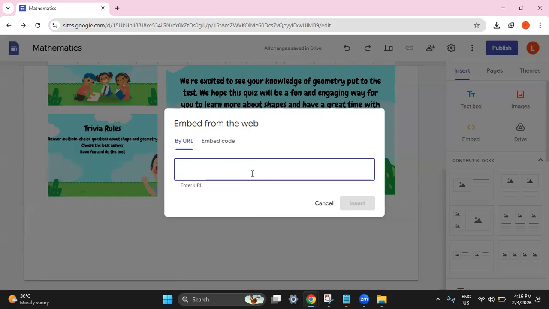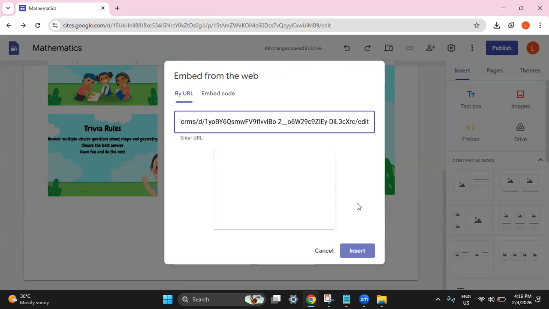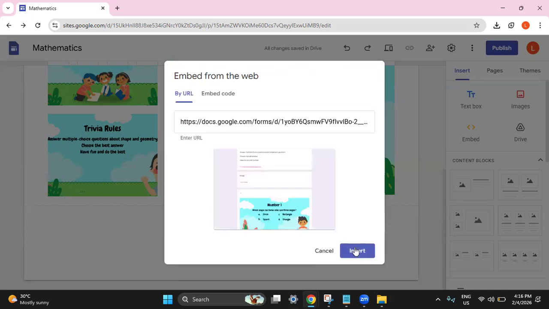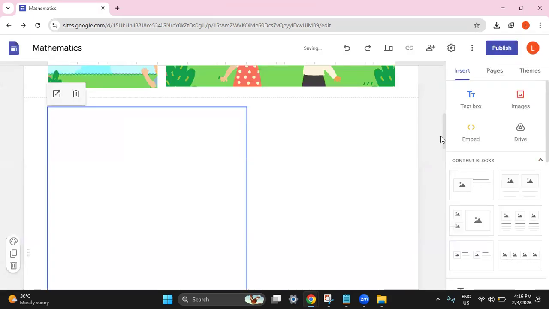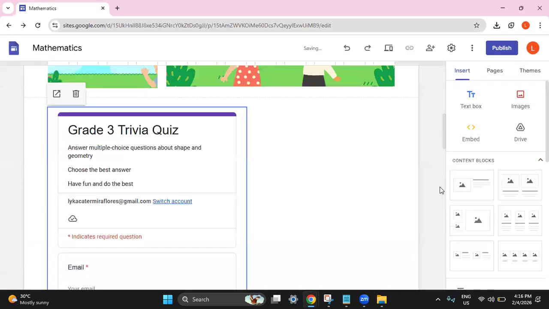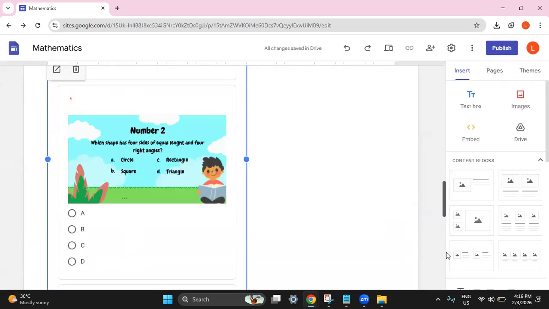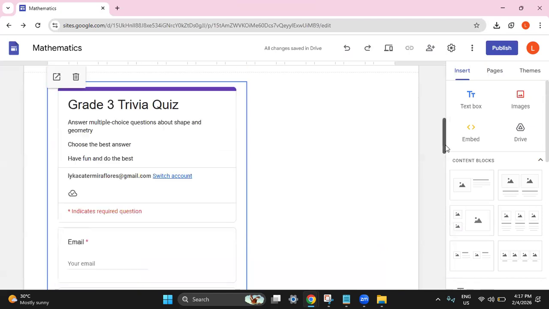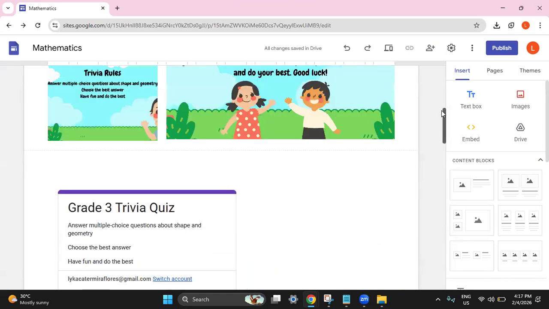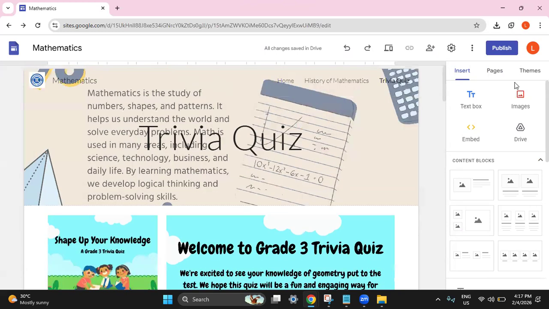All you need to do is to copy the URL and then paste it here. Insert, and then there you go. It's 3 questions with answers or responses that you will be receiving as well on your Google account.